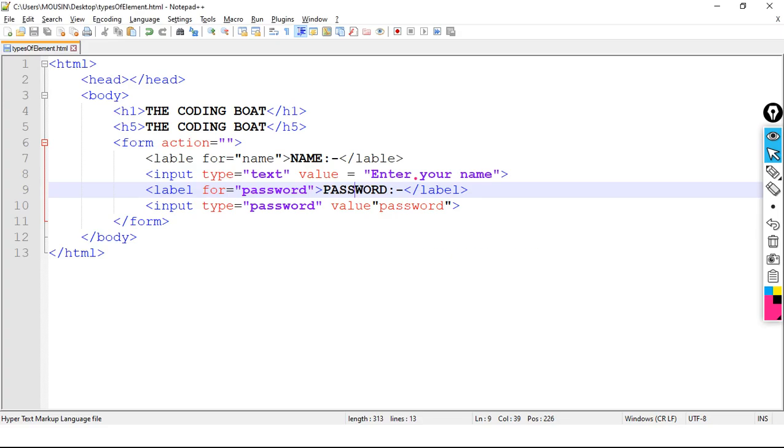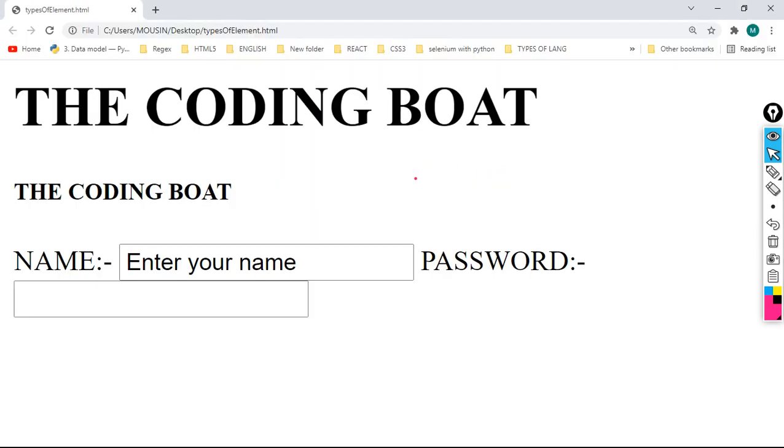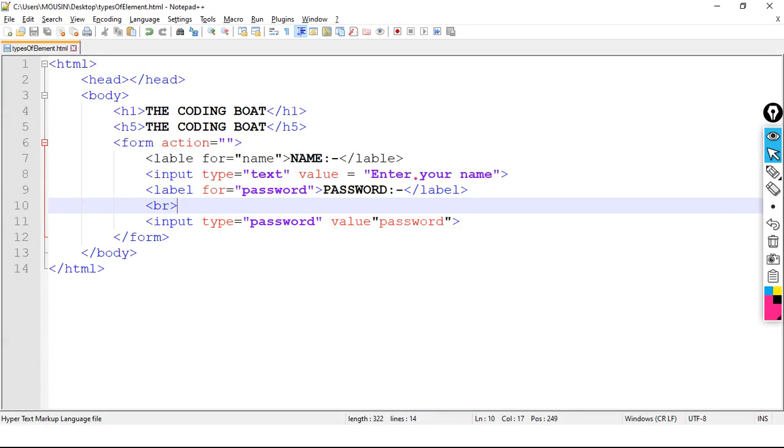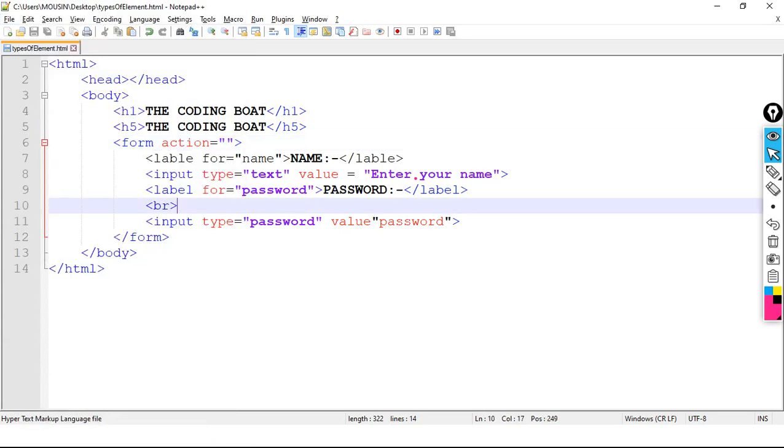I need to use one br tag for proper formatting. Br means break line. Now let me refresh. What happened? I have already saved the code, but still it's not working. Wait a minute.